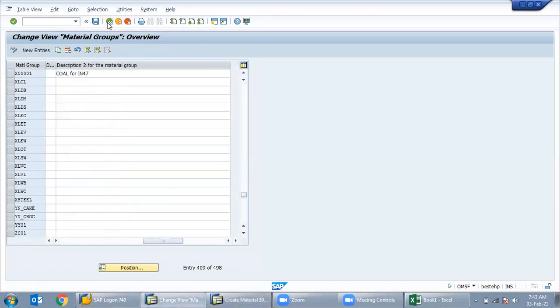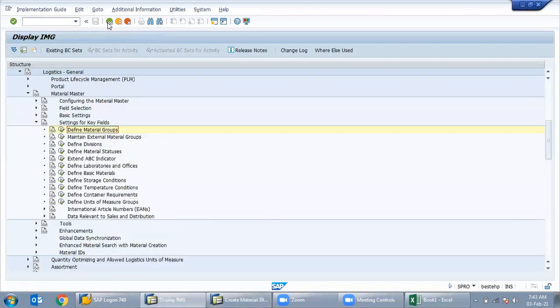So this is the external material group. Suppose a vendor is supplying us, they have their own material group and they say, please maintain that group in your account so that I can identify your material.